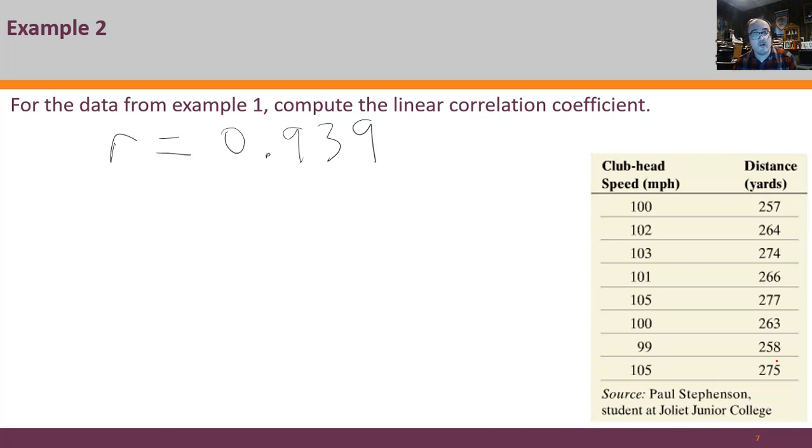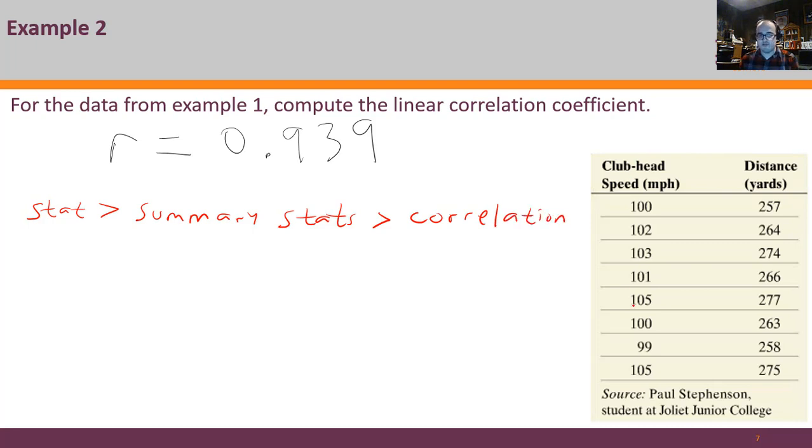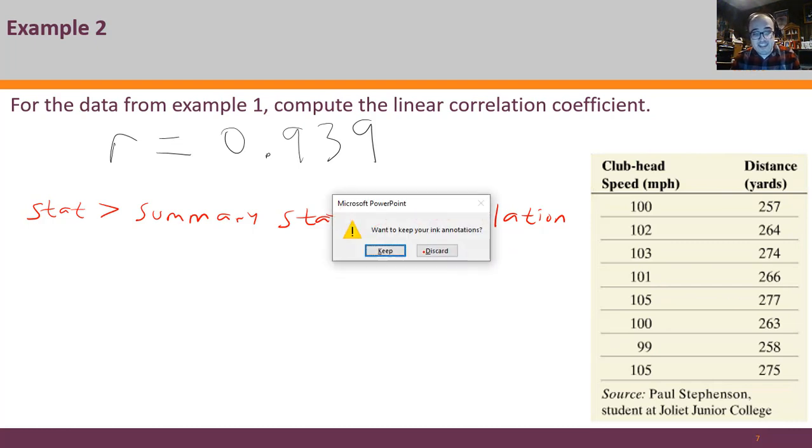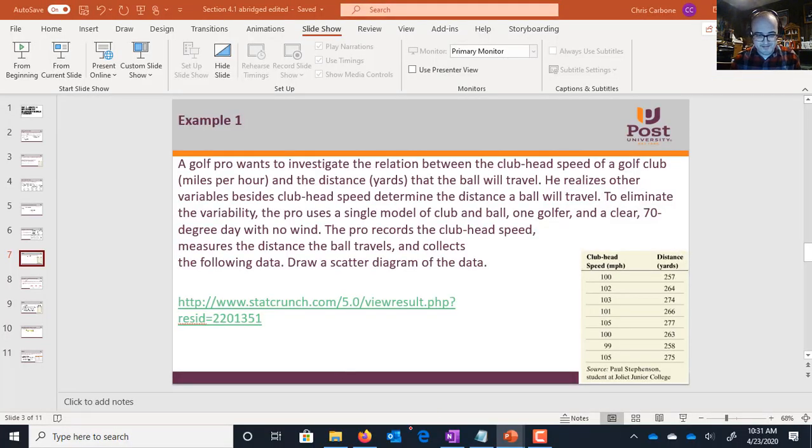Now, we could go and compute this in StatCrunch. It is underneath Stat, Summary Stats, Correlation. And it's using the same data set as what we had for example 1. So I'm going to switch to StatCrunch very quickly in order to show that for all of you. And yes, I want to keep all my annotations,